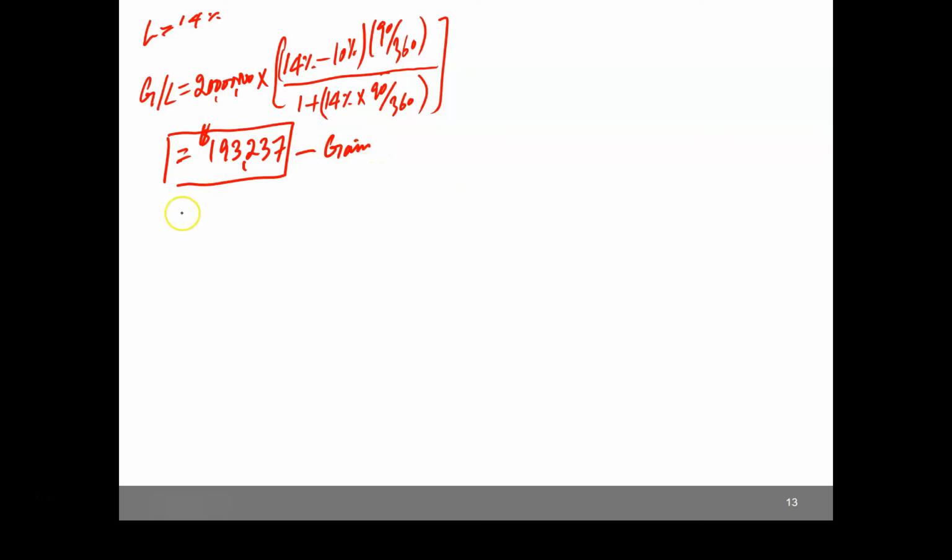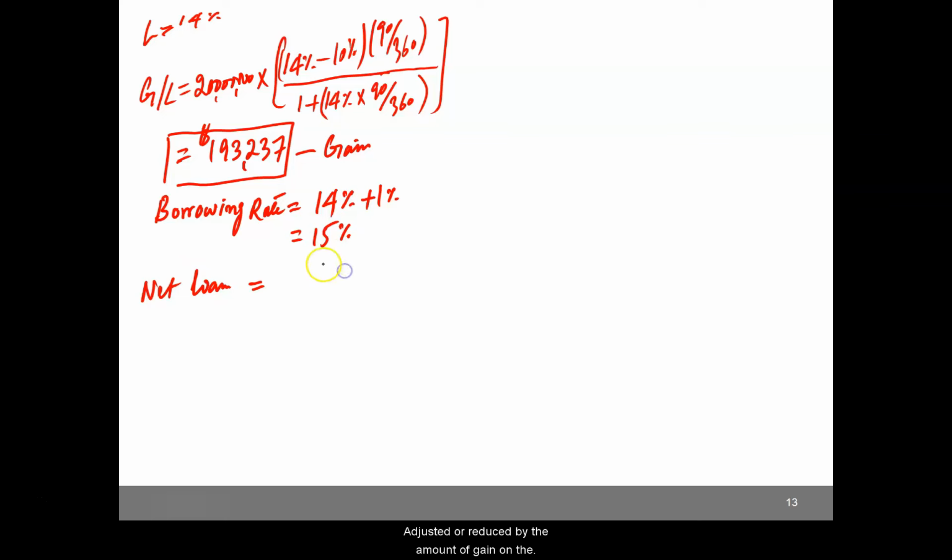However, this also means that the spot interest rates have gone up, so the borrowing rate would also go up. So the borrowing rate in this case would now be 14%, the 90-day LIBOR prevailing 30 days later, plus the 1% spread. So the borrowing rate will increase to 15%. Now, the net loan amount